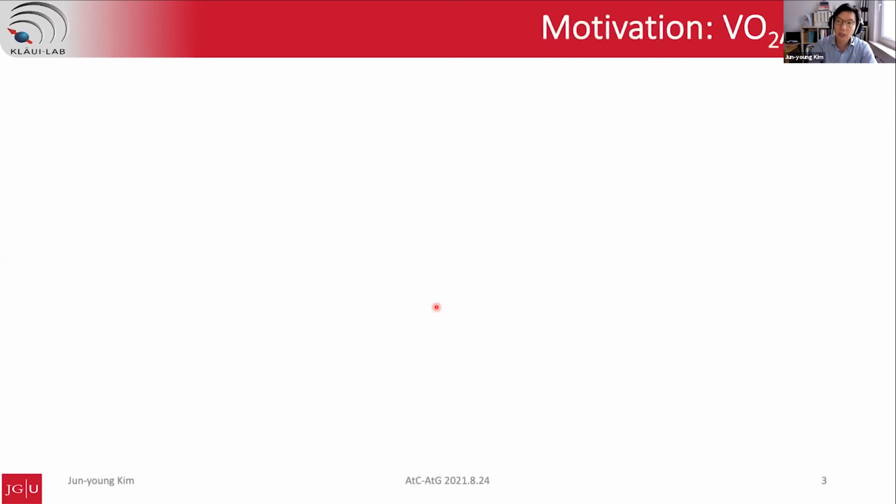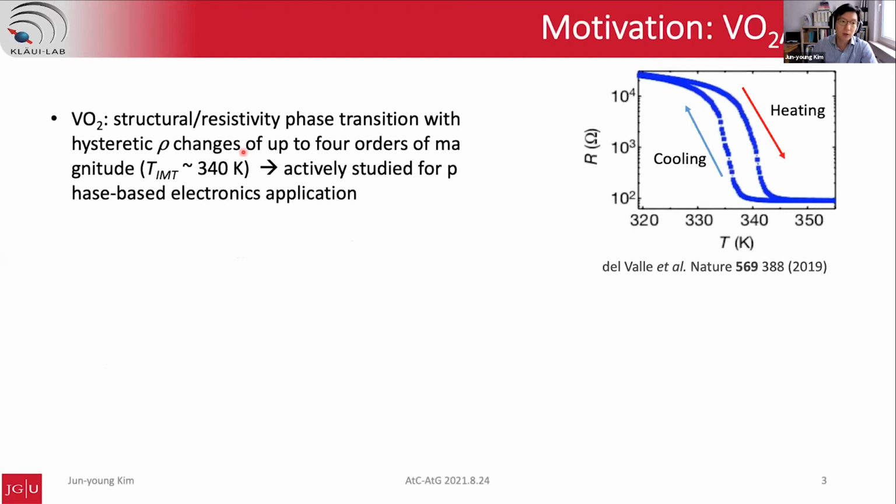Okay. So for the motivation, vanadium dioxide is an interesting material because it goes through this structural and resistivity phase transition with a hysteretic resistivity change of up to 4 orders of magnitude at a temperature slightly above room temperature, somewhere around 330 to 350 Kelvin. And because of this large change in the resistivity, it has been actively studied for phase-based electronic applications. For us,